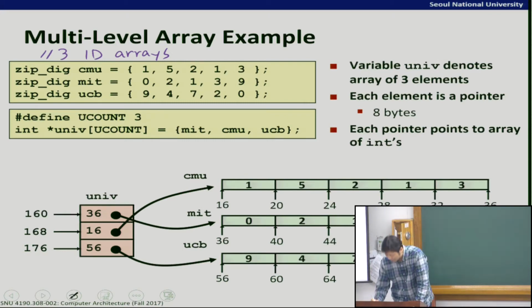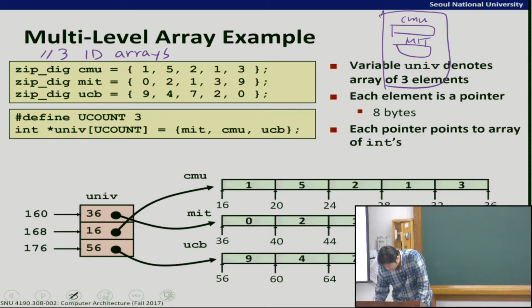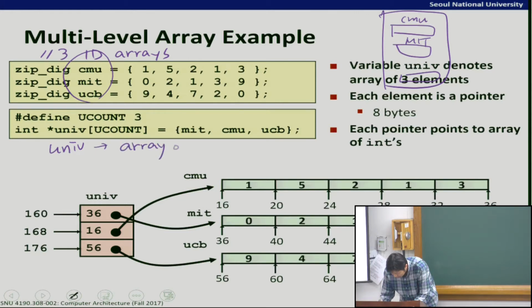So in the memory space, let's say you have a memory space like this, then maybe CMU is here, and maybe MIT is here, and maybe UCB is here, something like that. They don't have to be contiguous. Maybe they are placed in some random location. So if you have 3 one-dimensional arrays, and then you declare an array of integer pointers, right? So this one, univ, is an array of integer pointers,